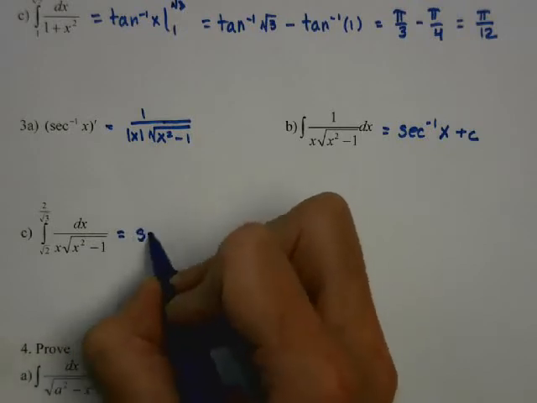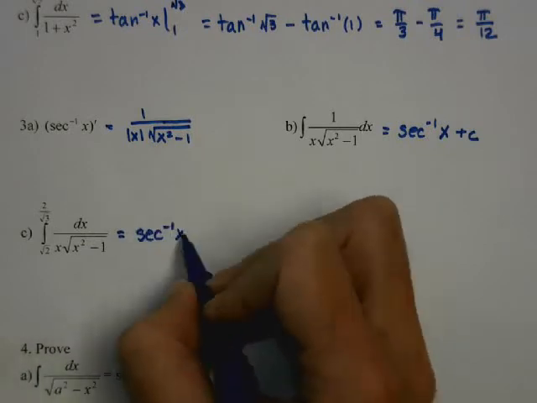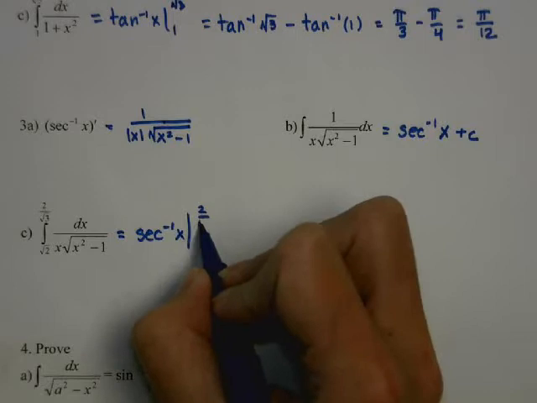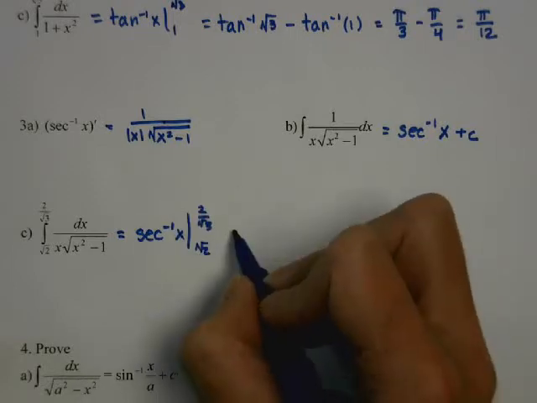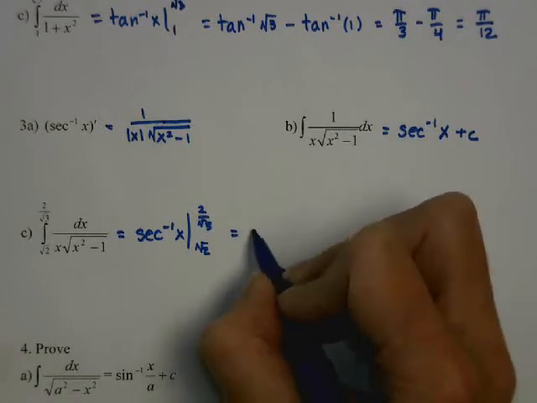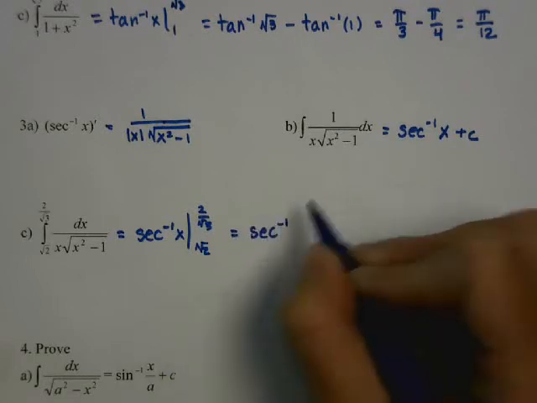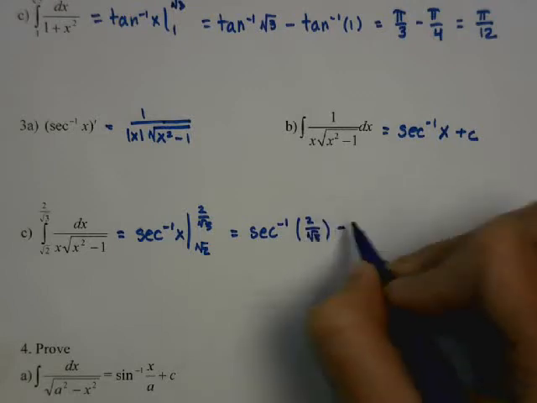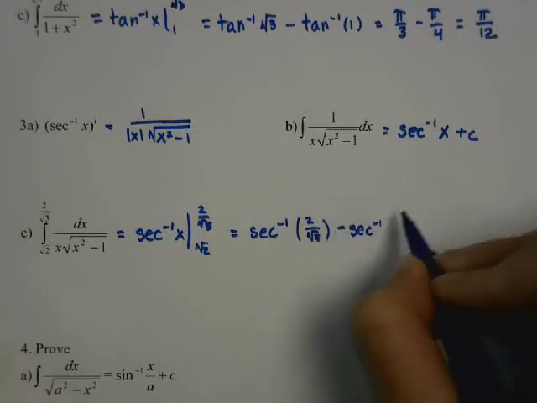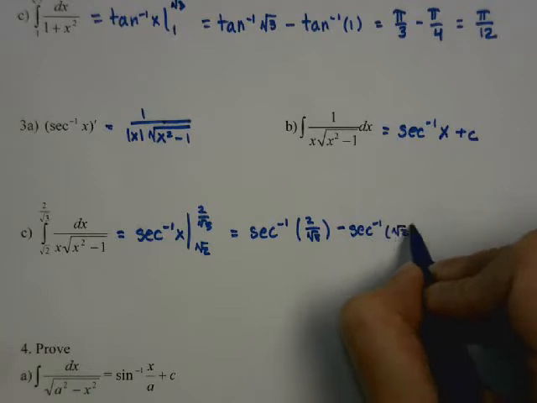This one then is going to be secant inverse of x evaluated from root 2 to 2 over root 3. So that's going to be the secant inverse of 2 over root 3 minus secant inverse of root 2,